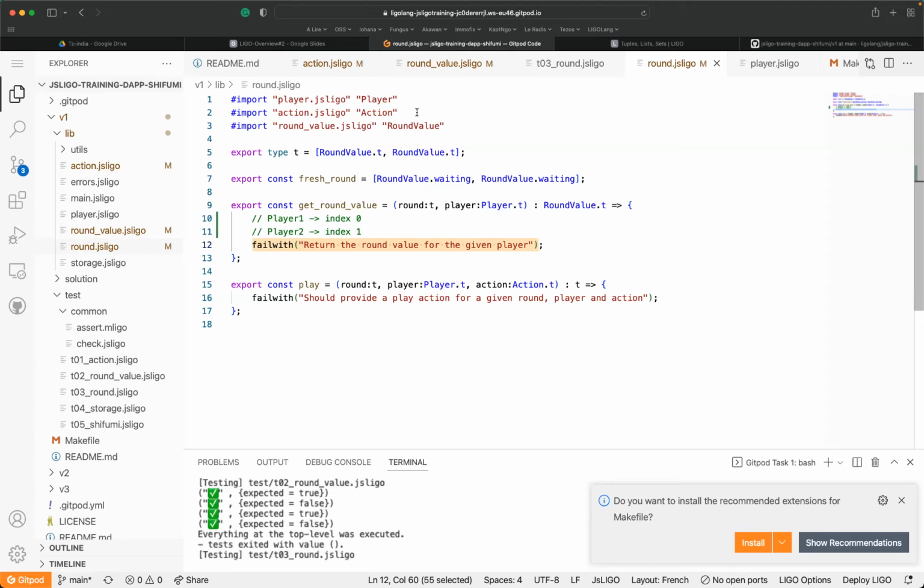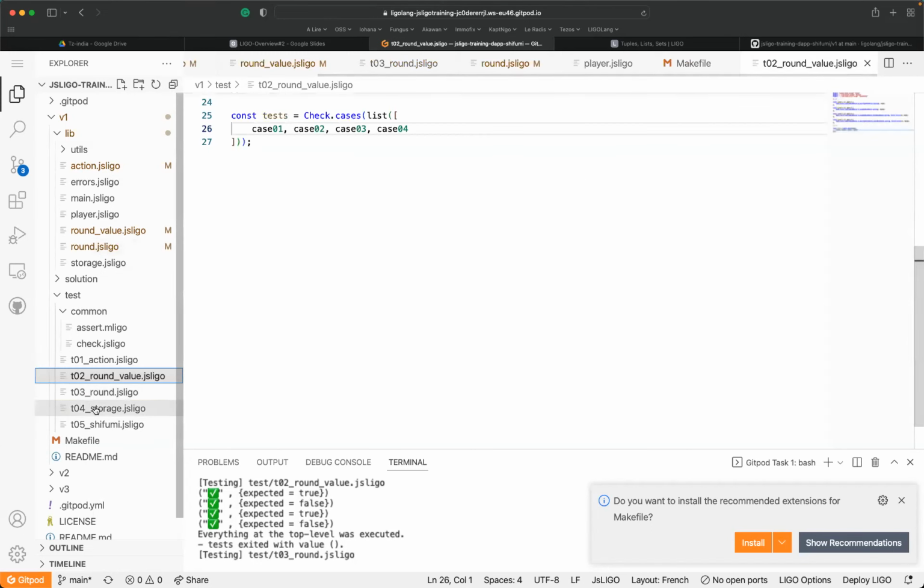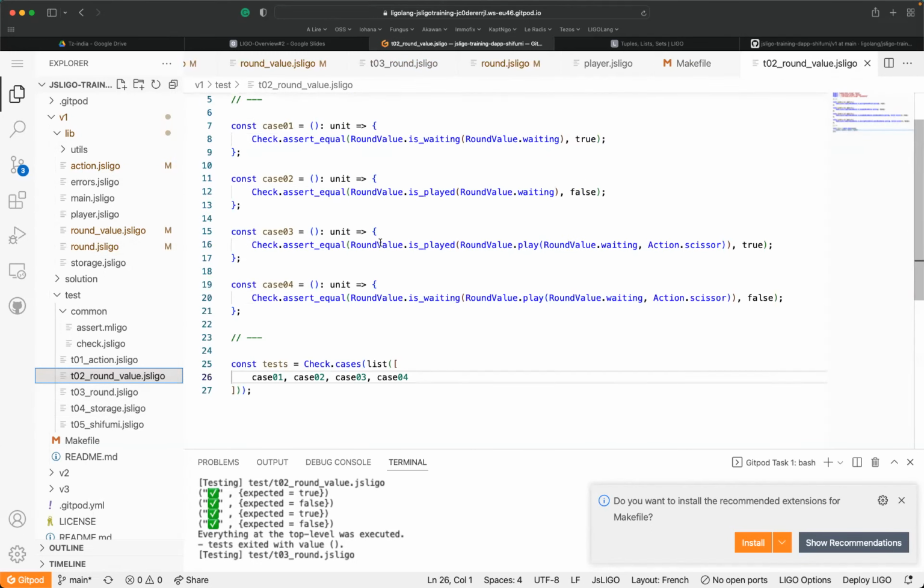Something which is missing also in this one: the cover test. It's not complete. I just would like to check something in the round value on the tests.